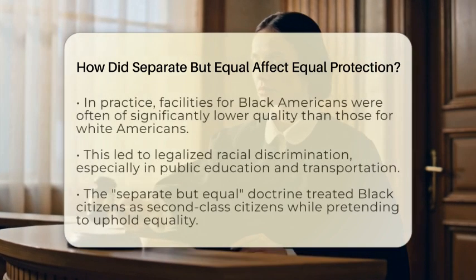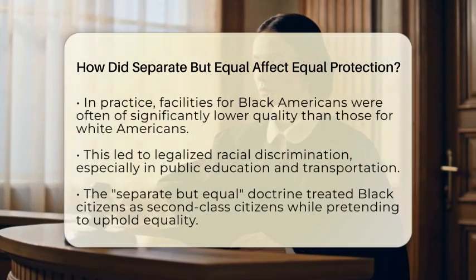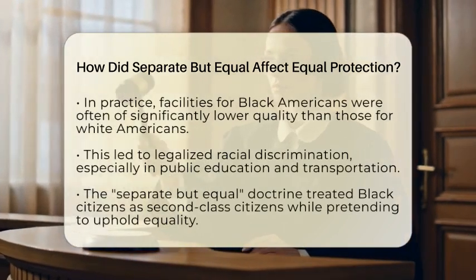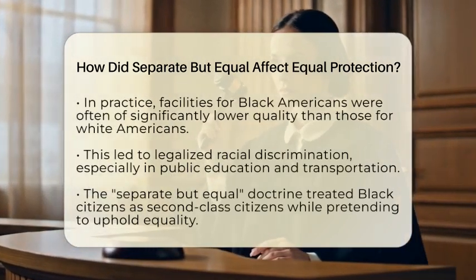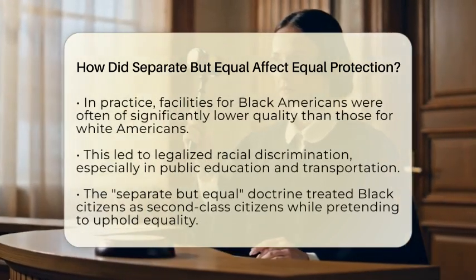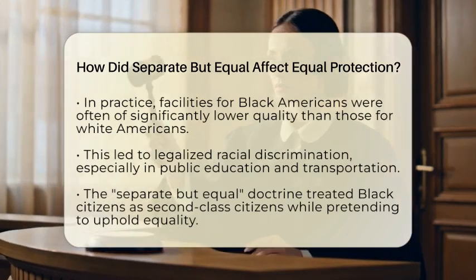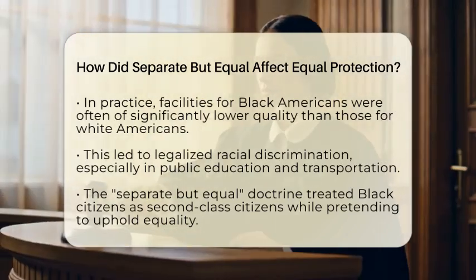However, the reality was quite different. In practice, the separate facilities for black Americans were almost always of lower quality compared to those for white Americans. This led to a system of legalized racial discrimination that persisted for many years, particularly in public education, transportation, and